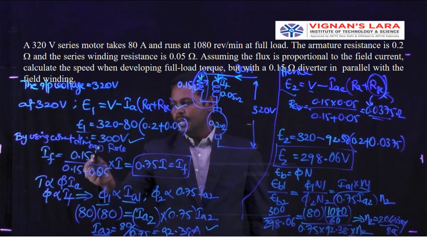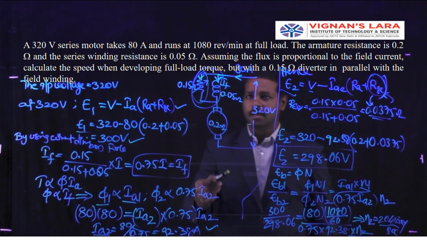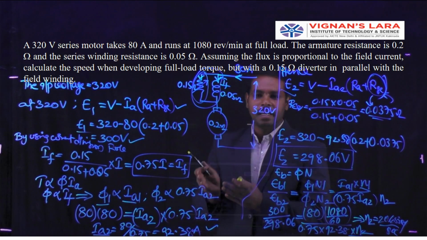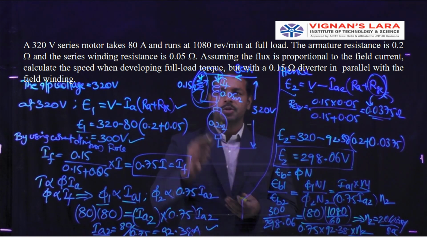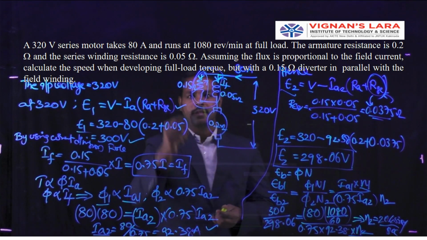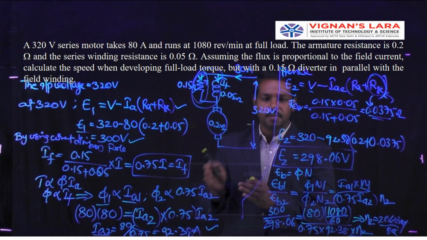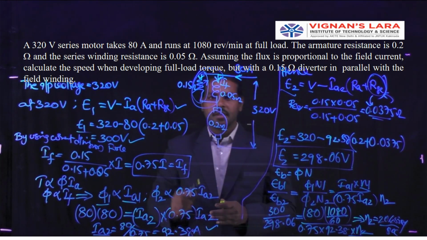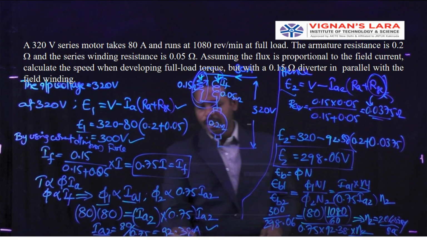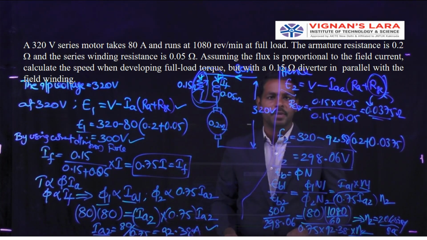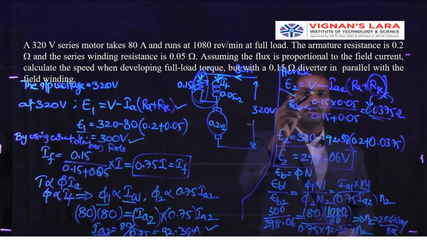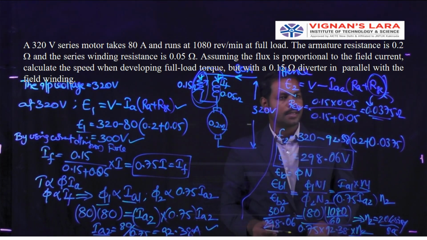The second one is whenever the total input current is diverted into another path. Because a large amount of current would be flowing directly through the series field winding, that stress is reduced by connecting an external resistance in parallel with the series field winding. Based on that condition, we consider Ia2 equal to 90.38 amperes. Based on this, we can find out the back EMF of the second condition: E2 is equal to V minus Ia2 into (Ra plus Rse).